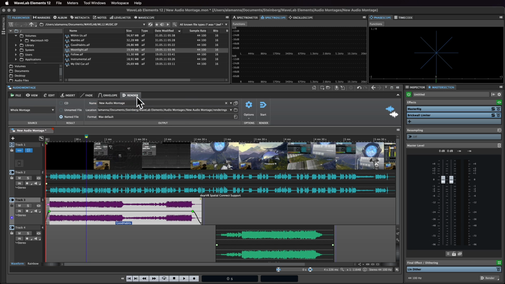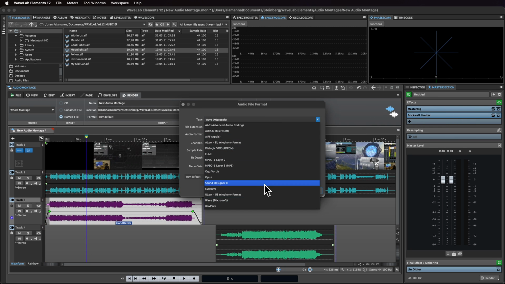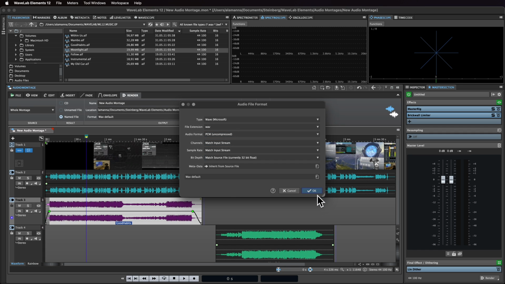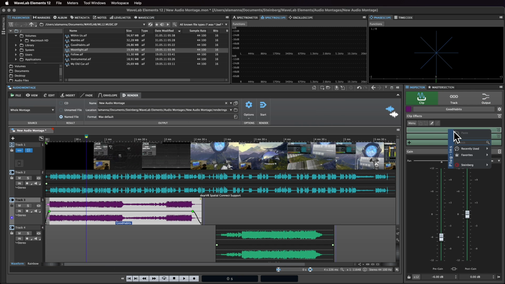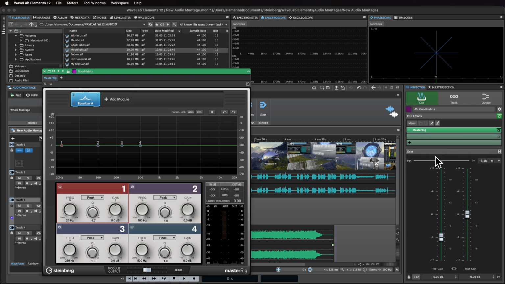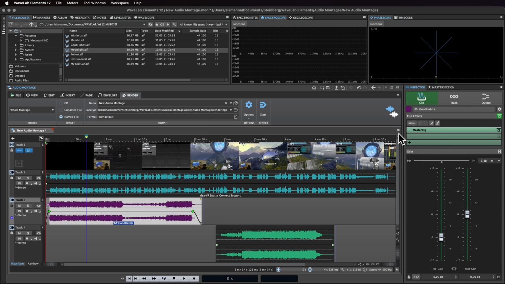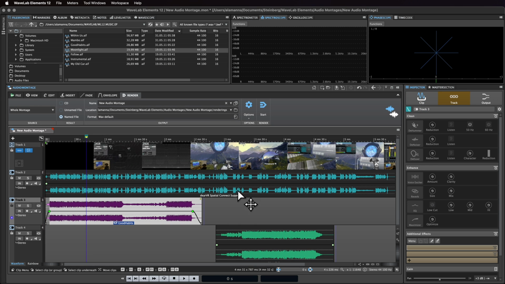And the Render tab is used to mix down your audio montage using plugins loaded in the master section in a wide range of delivery formats. The Inspector gives access to clip-based audio effects. Track-based plugins can also be inserted on specific audio tracks,